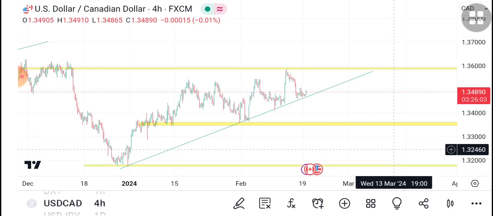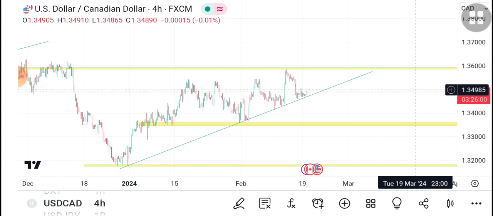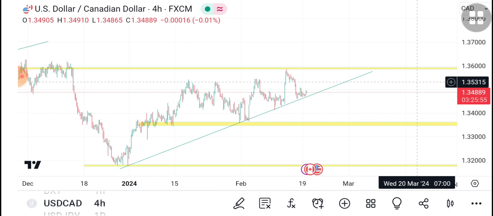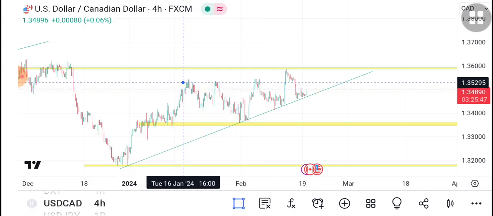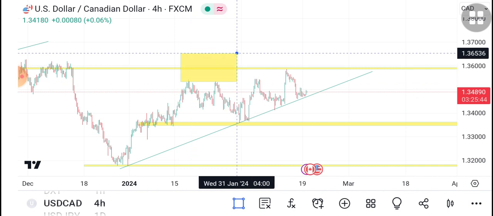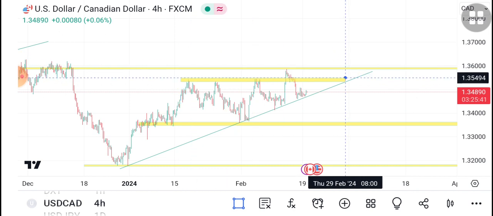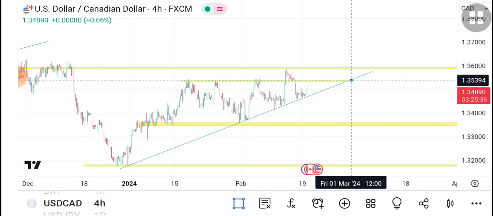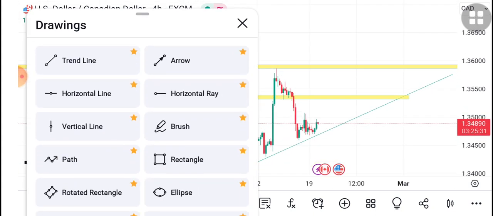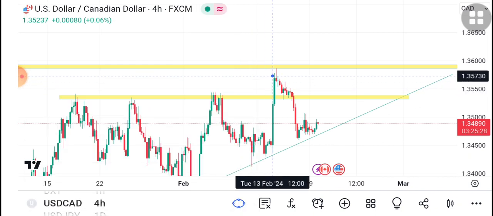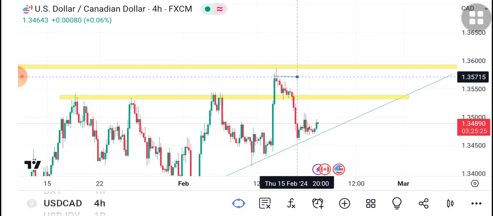And again, besides the trend, we have this level of resistance here, which gave us multiple touches, around 3 touches. So we're going to have to cater for it, obviously, because it's a level that was respected many times. And even after breaking out, you can see that the market still respected it here,